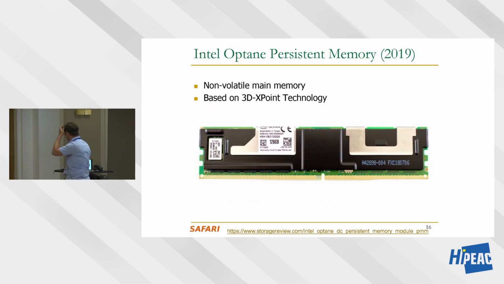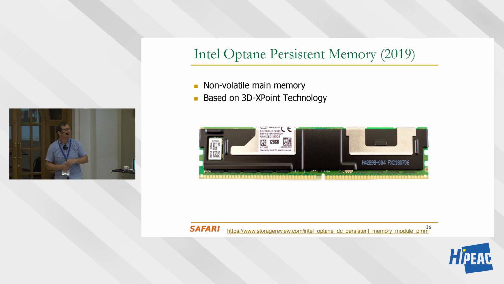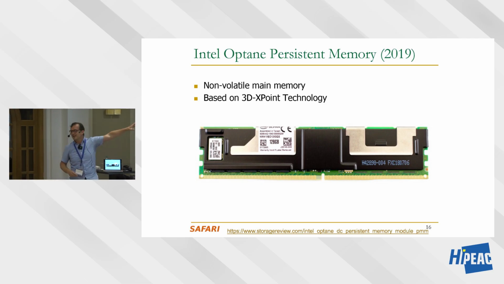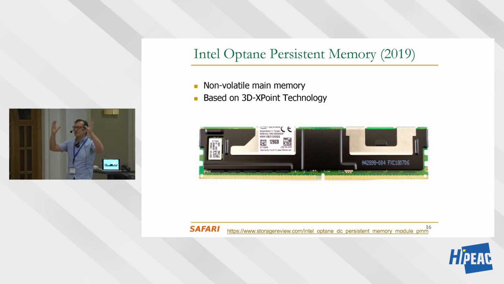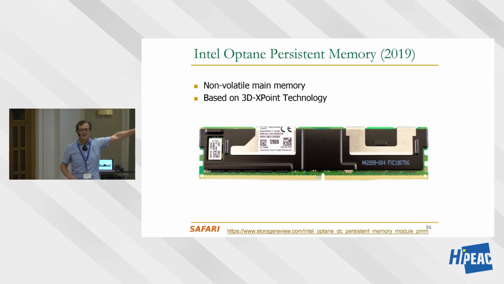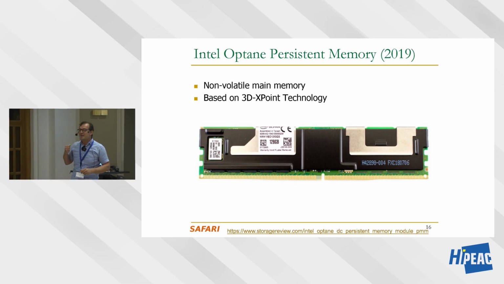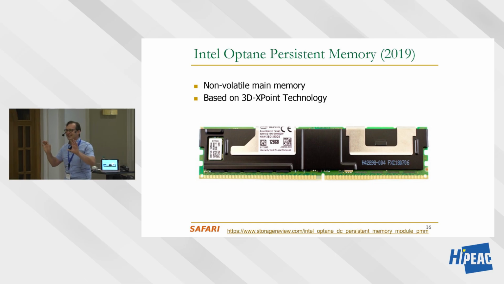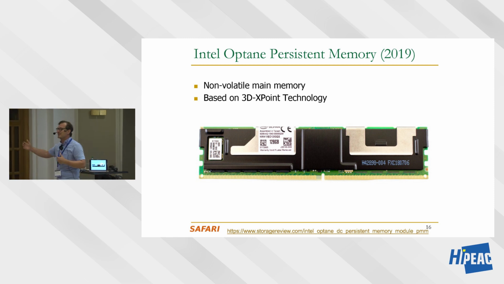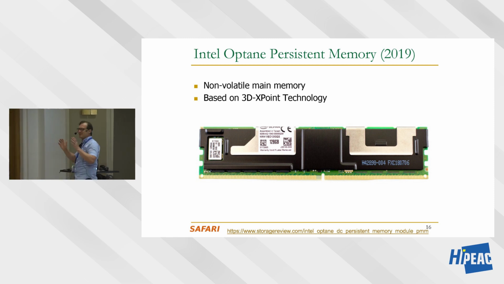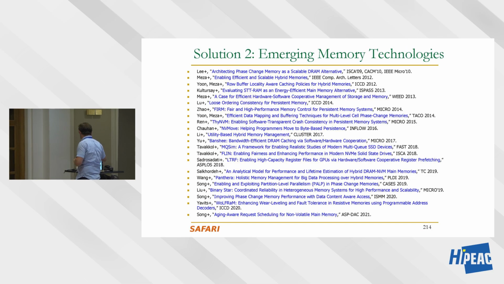And as I said, Intel introduced, like 10 years later, this persistent memory after these papers. More recently, they've discontinued it. And what I see happened is after Intel introduced this, in the systems community, there was a lot of excitement. Oh, let's design operating systems for this. Let's design compilers for this. Let's design management mechanisms. After Intel pulled it out of the market, the systems community said, oh, we should not work on it anymore. This is, in my opinion, very bad for research. People should be working on emerging technologies regardless of what the industry does. Okay, I think that was my point on emerging technologies. And there are some papers that I'm not going to go over clearly. These are our papers, but there are a lot of other papers from other folks as well.